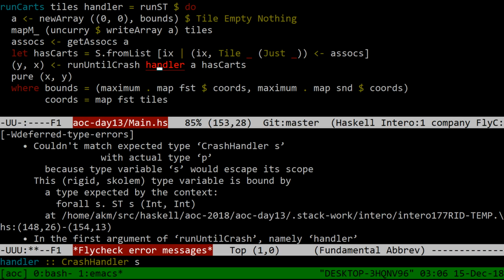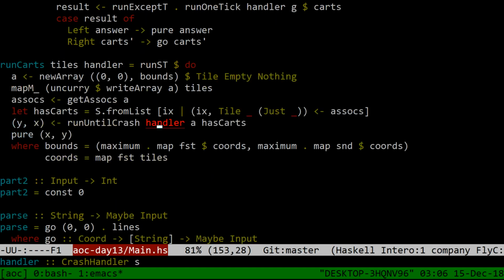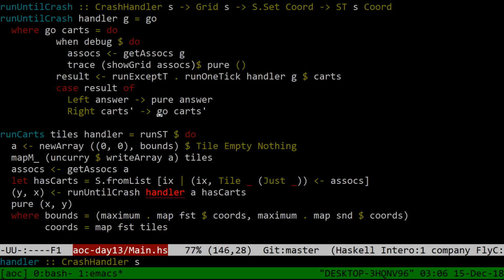I know that's something ST does, it makes sure that the S variable never escapes, but okay, so what? Maybe I need to put a type on run carts or something. Run until crash